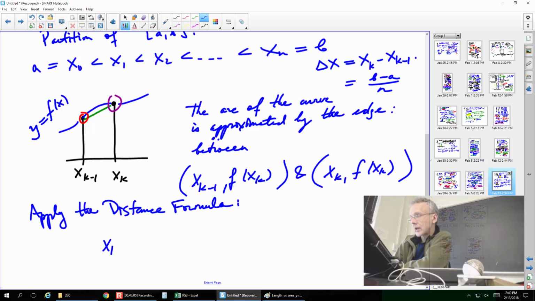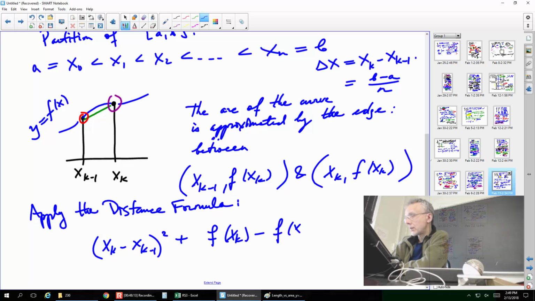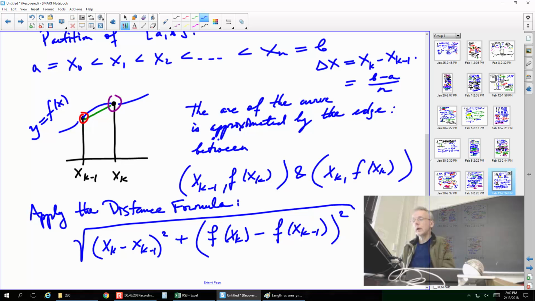So I'll have xk minus xk minus 1, squared, plus f of xk minus f of xk minus 1, squared, square root. So that's the length of each segment, the length of the kth segment,